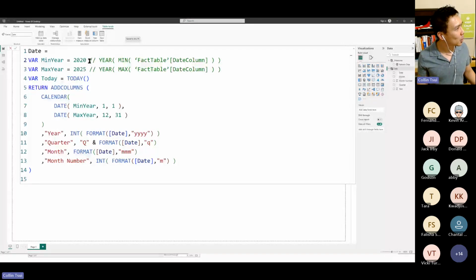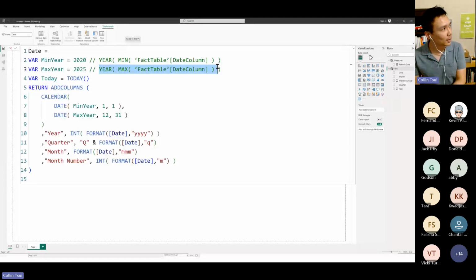An option that I offer, and this is commented out in the code, which is what these 2 slashes and what's behind it are, gives you an alternate way to define the min year and the max year. If you know what your fact table is and you know the date column that you're most concerned with, you could replace this 2020 with this function here, which essentially says, grab the smallest date in the relevant column in my fact table and grab the largest date in the relevant column in my fact table, and have that dynamically be defined so that as your fact table changes, you don't need to go back and readjust this